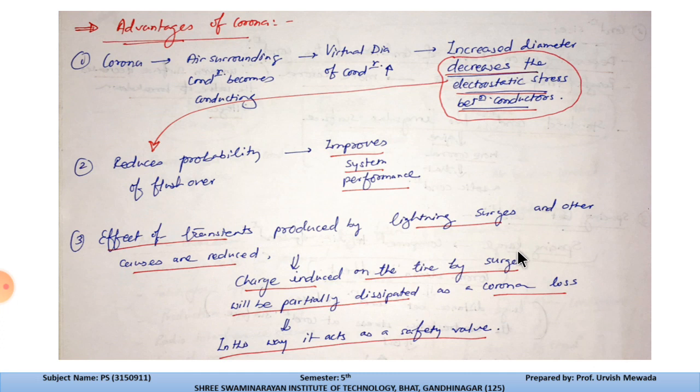Whatever charges are induced at the time of surges will be dissipated because of the corona, and in this way it acts as a safety valve. Like, as an example, a pressure cooker. If the pressure inside the pressure cooker reaches an extreme level,